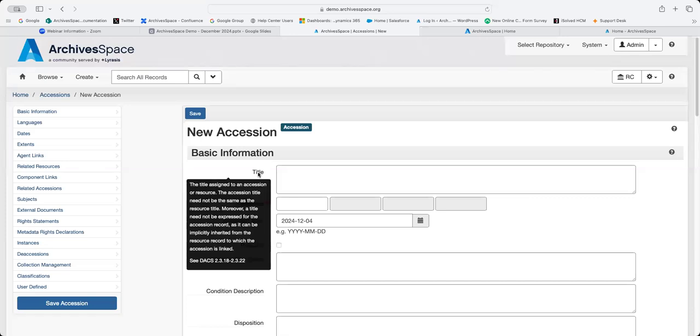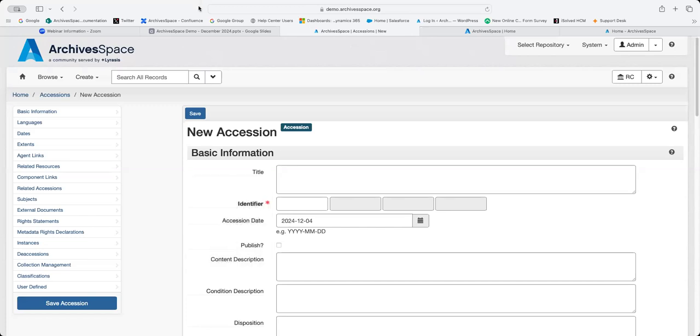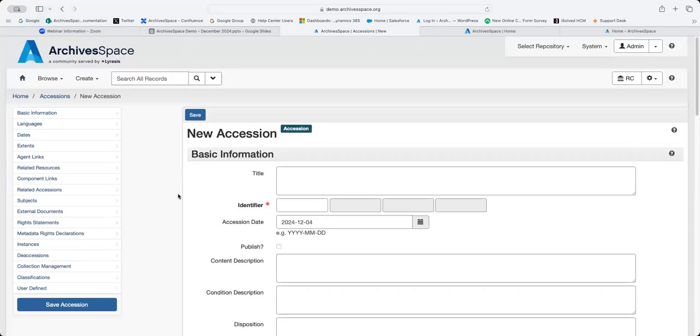Typically, the rollover consists of a definition of the element, a reference to the appropriate rule in DACS, or to elements in export data formats such as MARC or EAD, and examples of good practice. These are completely customizable though, so if you want to change them for your organization, you can. Maybe you are using ISAG instead of DACS, that would be an option. Instead of spending a lot of time looking at just a blank record, I am going to move over to some created records, and we can talk about accession records, resource records, and digital object records using real example data.